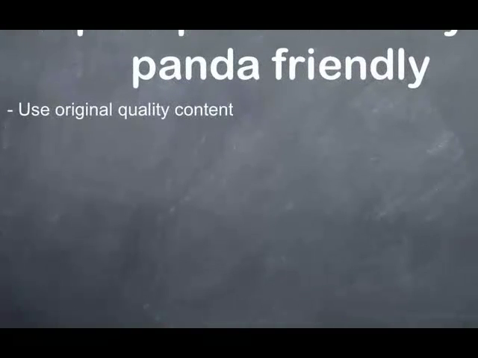Now, the first one is to use original quality content, and you'll notice again a lot of the things that I'm running through here you will see or you have already seen in other videos. It really comes all together, and when you bring them all together, this is how you make sure that you're not only Panda friendly, but search engine friendly and search engine compliant. So any updates that occur in the future, you're going to minimize or not be affected at all by the updates. So when we say original quality content, you make sure the content that you have is of